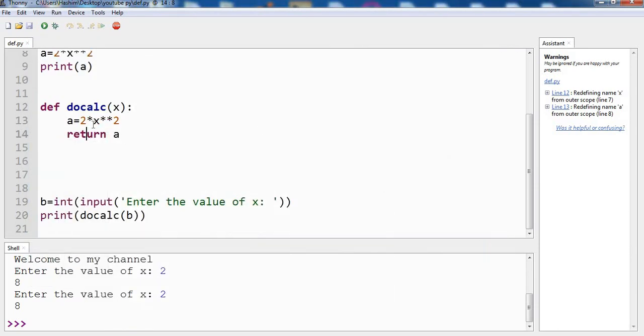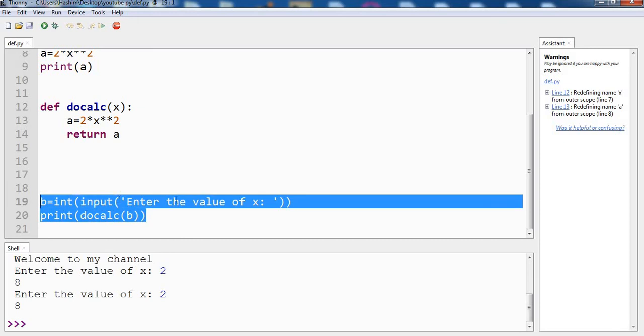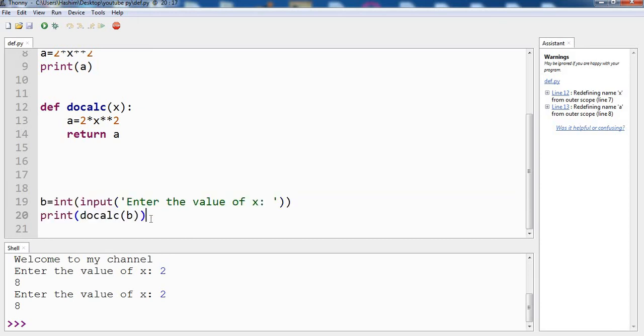So 2 into x double star 2, which means the power, and we are asking the function to return what has been calculated, and finally the regular program asks the user to input and prints using our function. So that is all for this video.